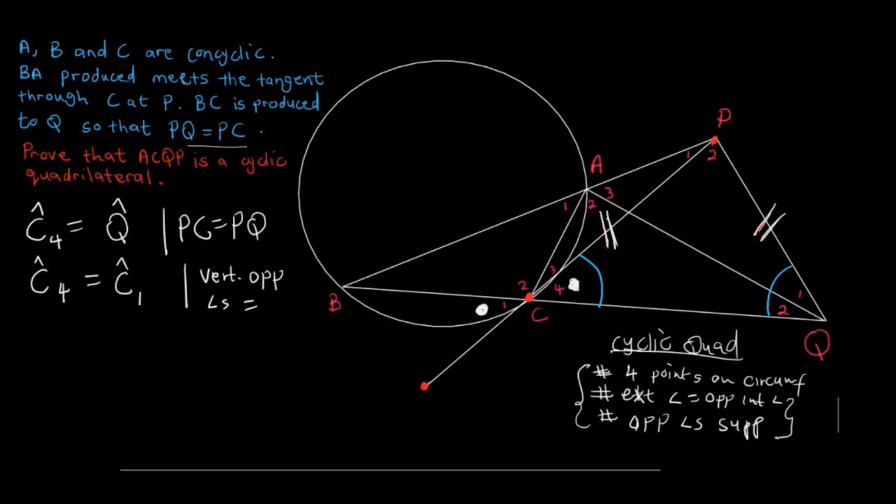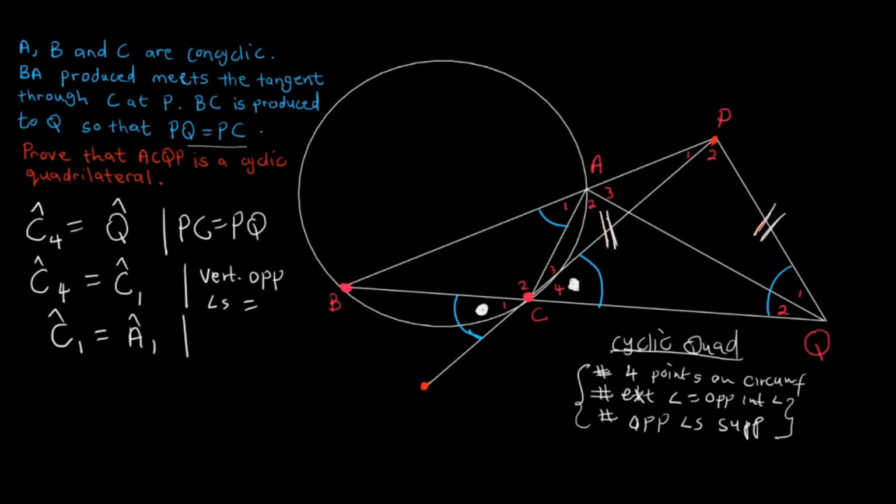So it means now that this angle here, with the chord from this point here, produces this angle here of A1. So basically what I'm saying is angle C1 is equal to angle A1, right? What is the reason for that? It's the tan chord theorem,